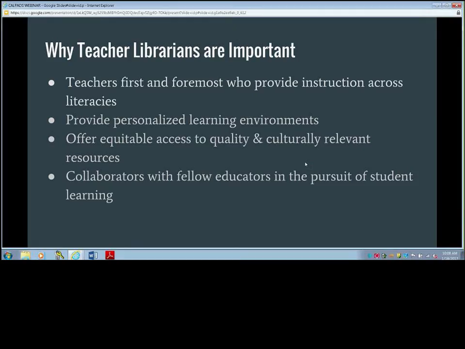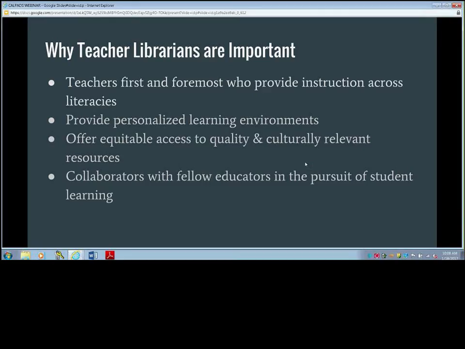And if you've done any diving into that area, you will know that that is an area that desperately needs curation and vetting. So, once again, having somebody with that expertise that the standard teaching credential does not provide, but a teacher librarian has that expertise.